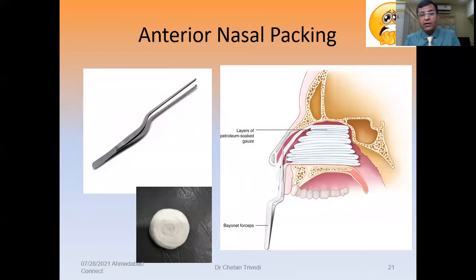Now, if you don't have it, this is the best thing. We can have a roller gauze, and we can soak this roller gauze in petroleum jelly. And then with the help of this bayonet forceps, this typical forceps,